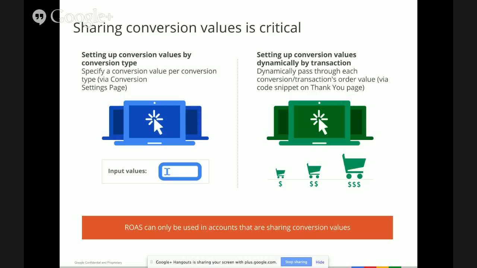And once you get that data passed to us, give it a few weeks to accrue, and then we'll intelligently bid based on the revenue data that you're passing us. And there are a lot of instructions on this in the AdWords Help Center, so you can just search for target ROAS or for conversion tracking, and we'll give you detailed walkthroughs on how to both set up your tracking pixel as well as how to set up your target ROAS bid.